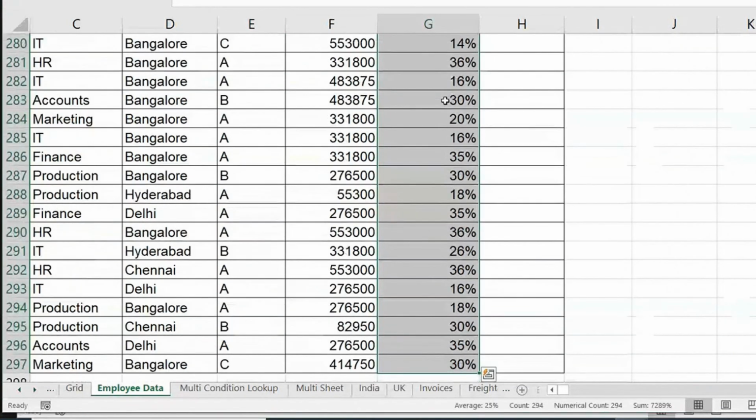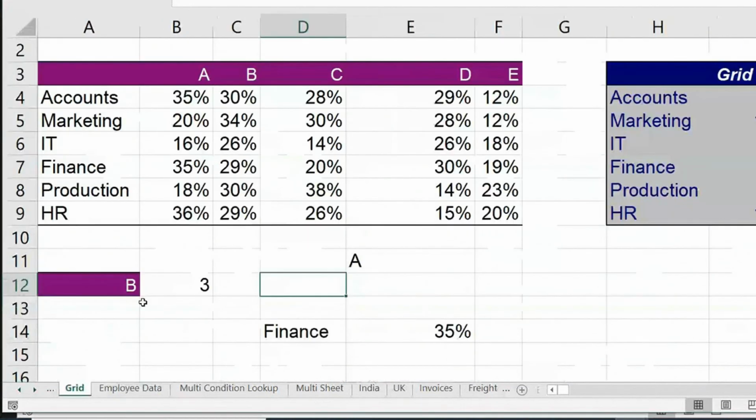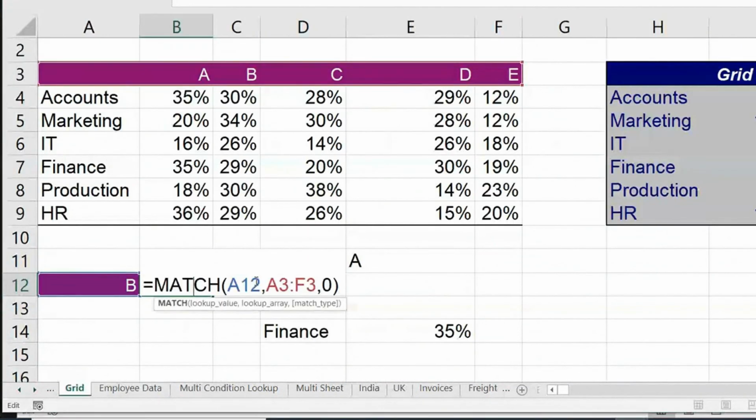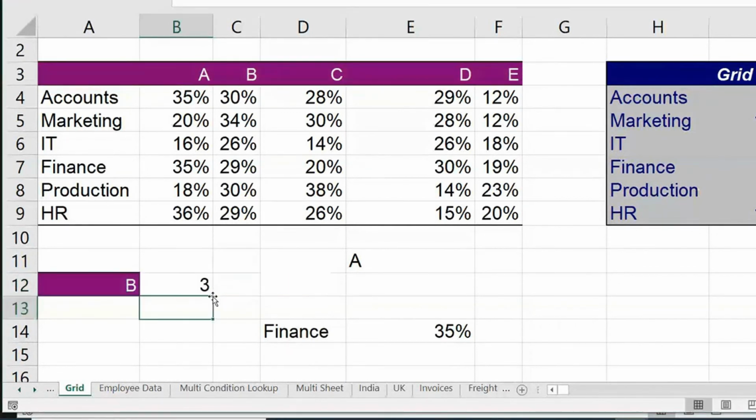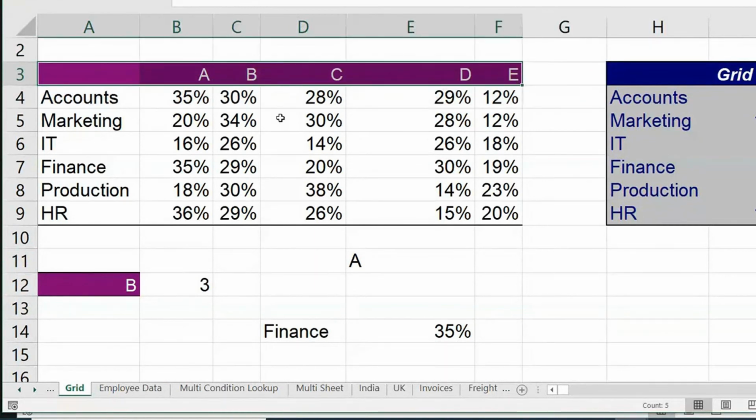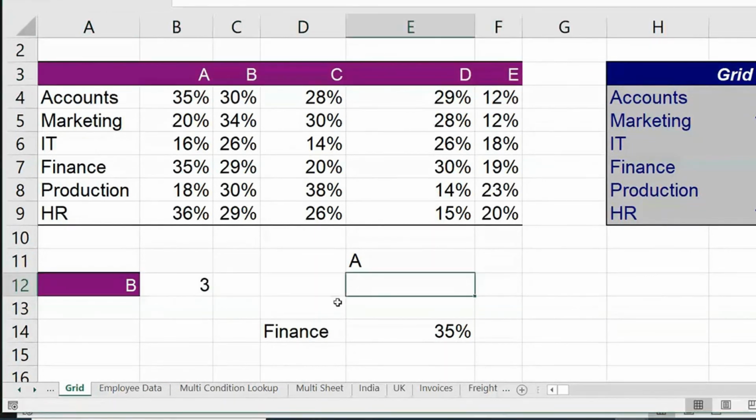How did we do that? Look at this. MATCH is basically what? It gives me the position. See, if you remember this MATCH function, which I wrote independently, which is looking for some value in a range. The range should be only a single row or a single column. Remember, it can work with a column also. And then you bring the exact match. Exact match, because I am searching for this A, B, C, D. This is some string and all. We always go with exact matches. Then we hit enter. We get the position. So we use this MATCH to get the position of a certain value in an array, and we take this as a supporting function in VLOOKUP, correct?